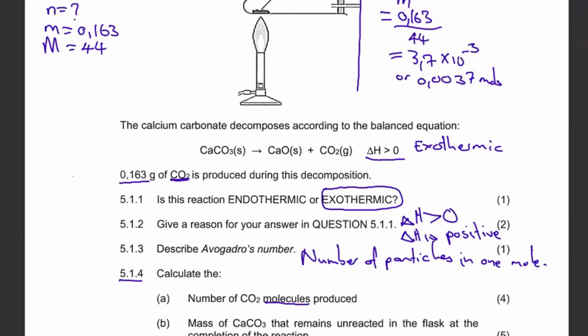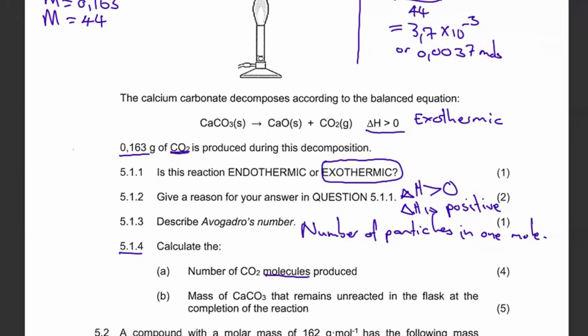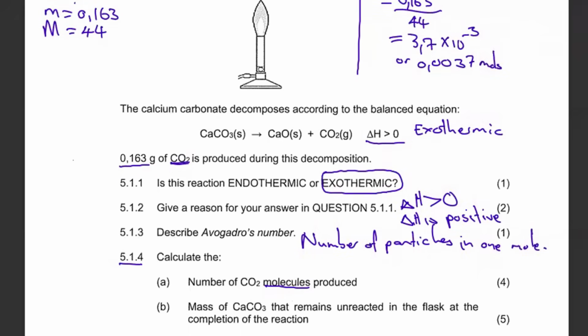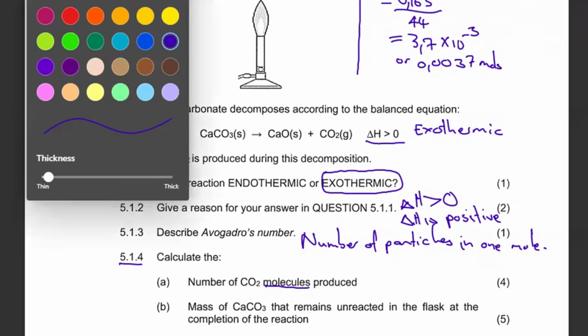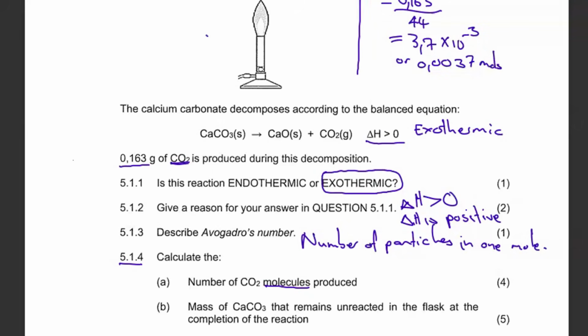Having said that, what are we looking for? We've been asked to calculate the number of molecules. For the number of molecules, we're going to use a different formula. Now that we have the number of moles, we're supposed to calculate the number of molecules. For the number of molecules, we know capital N is equivalent to